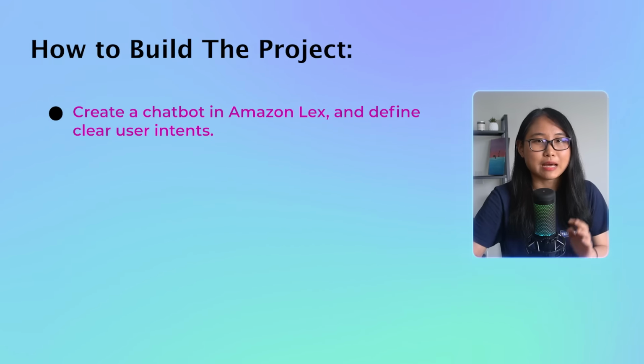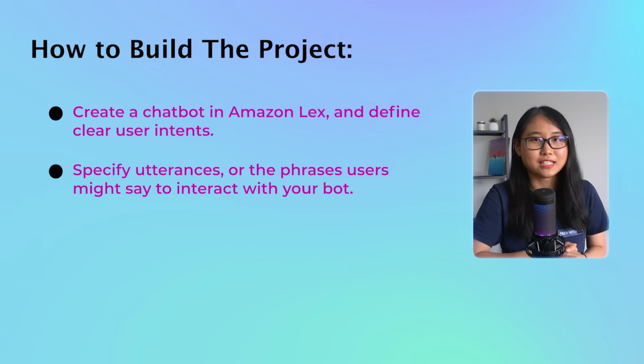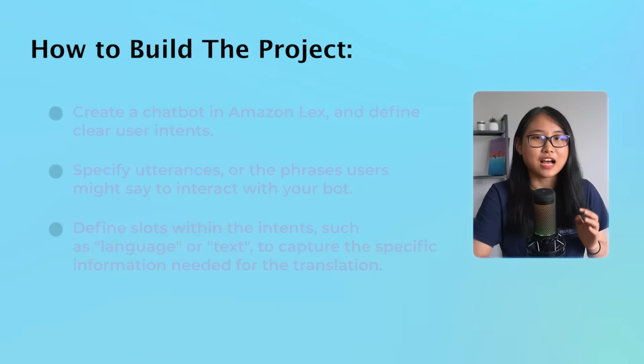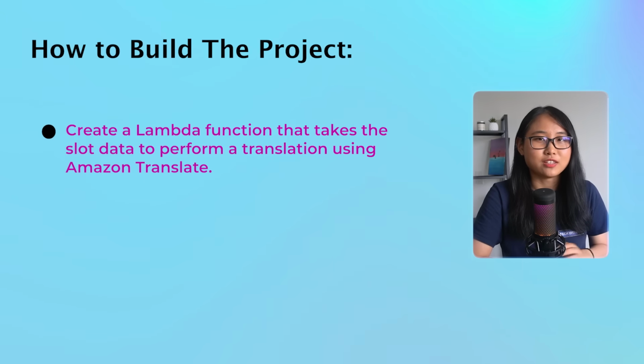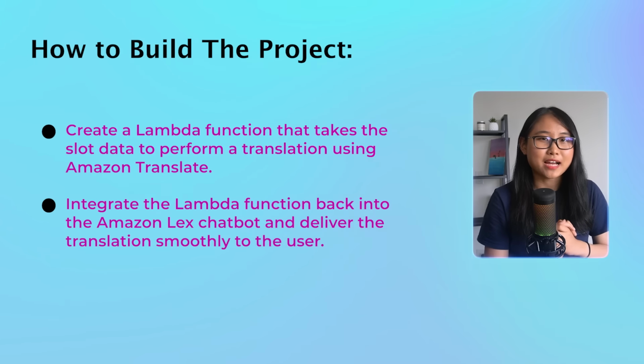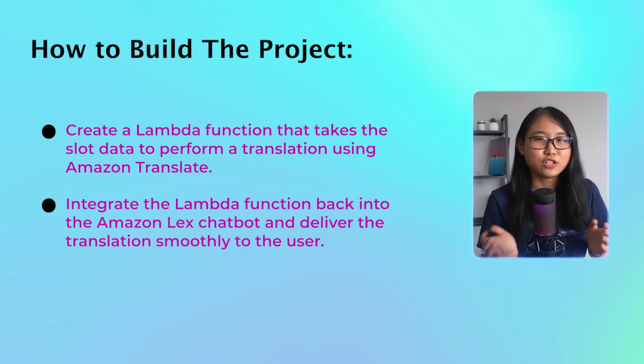Firstly, create a chatbot in Amazon Lex and define clear user intents. Next, specify phrases or utterances that users may say to interact with your bot. Once that's done, define slots within the intents, such as language or text, to capture the specific information needed for the translation. After that, we're going to need a Lambda function that takes the slot data to perform a translation using Amazon Translate. Then finally, we'll integrate the Lambda function back into the Amazon Lex chatbot and deliver the translation